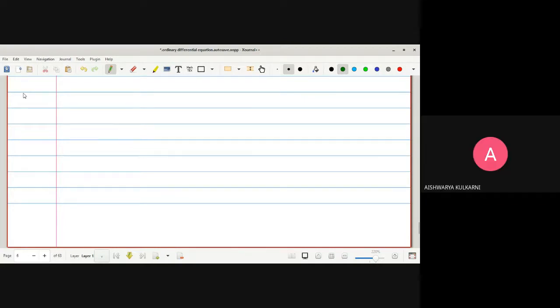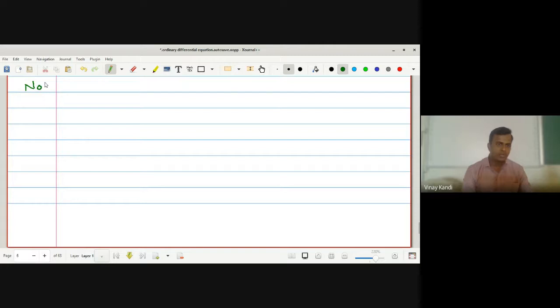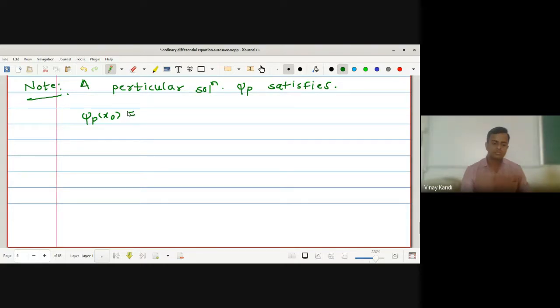Yes, sir. Before going to the example, there is one note. Look at here. A particular solution psi p satisfies psi p of x naught is equal to psi p dash of x naught is equal to up to so on, which is equal to psi p raised to nth minus 1 of x naught, is equal to 0,